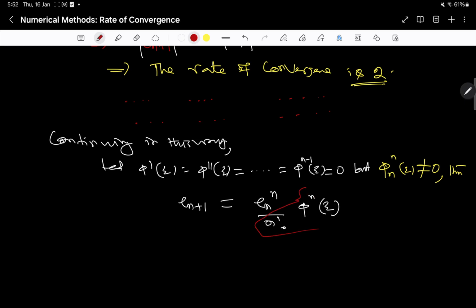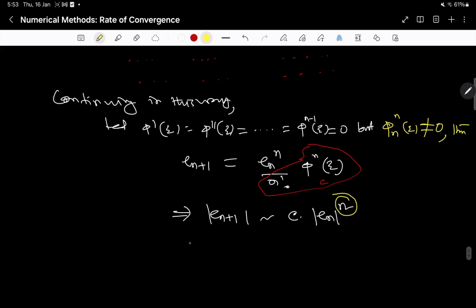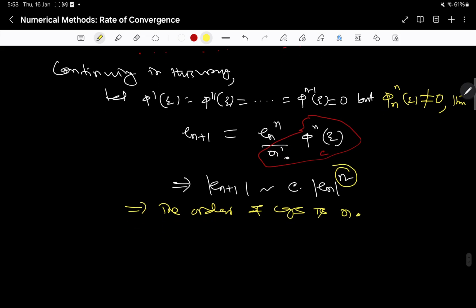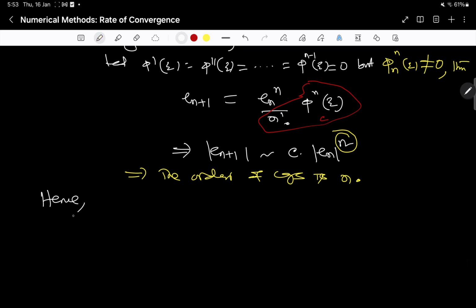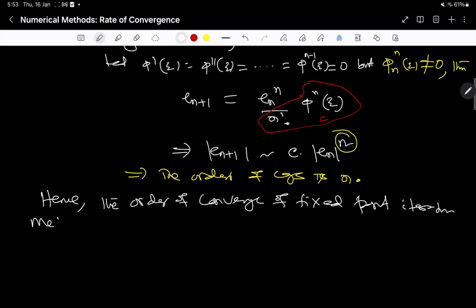If you take this as a constant, say C, then what do you get? This implies epsilon n plus 1 mod is approximately some constant times epsilon n mod to the power n. Now this n here is the order of convergence. So this implies the order of convergence is n here. Hence the order of convergence of fixed point iteration method is of order 1 up to n, depending upon